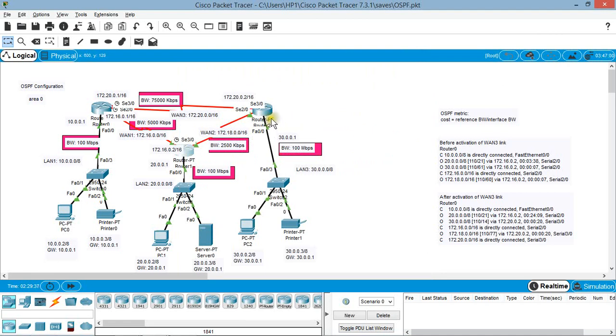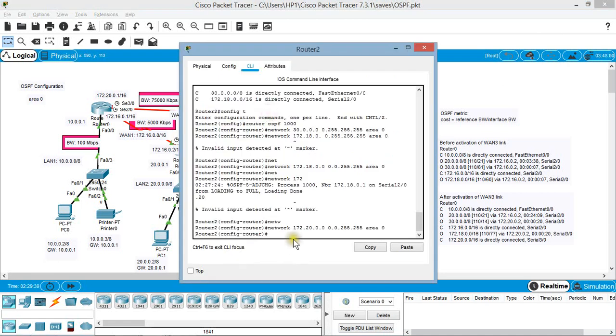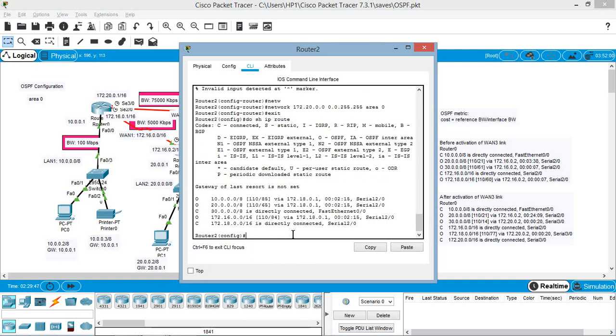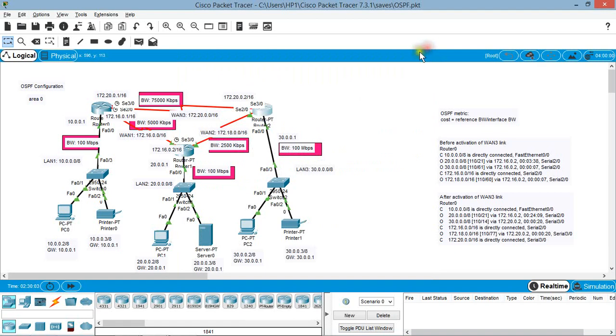Similarly, on router 2, you can check the updated routing tables using do show IP route command and observe the metrics as well as the gateways and the path learned through the OSPF routing protocol.